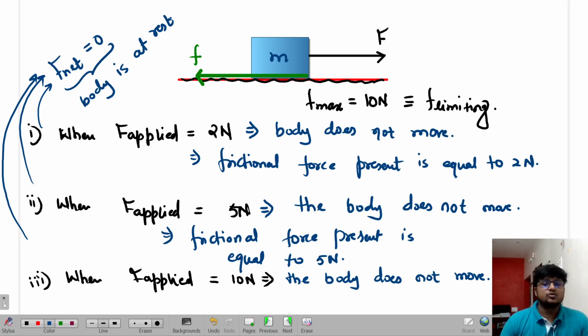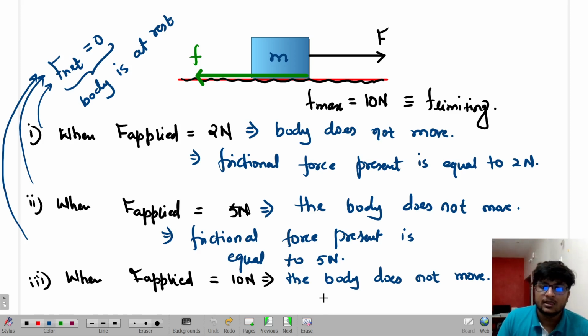And as soon as you start moving the body, suppose I say that in this friction, see, the idea is that let's suppose I applied a force exactly equal to 10 Newton and limiting is working, and at that time instead of the body being at rest, it starts to move with constant velocity. No, at that instant itself, this friction will change and it will change into kinetic friction.